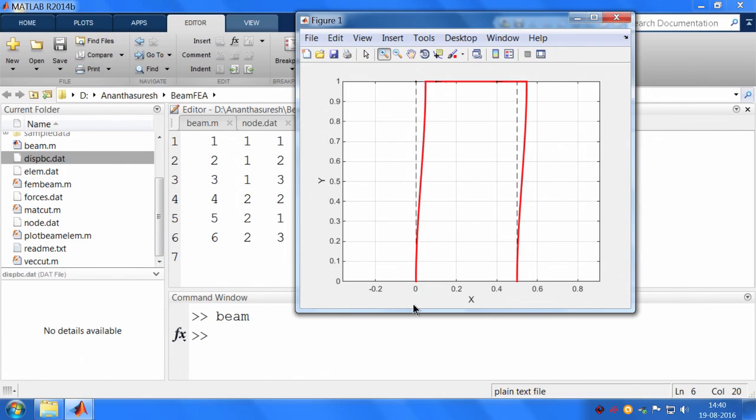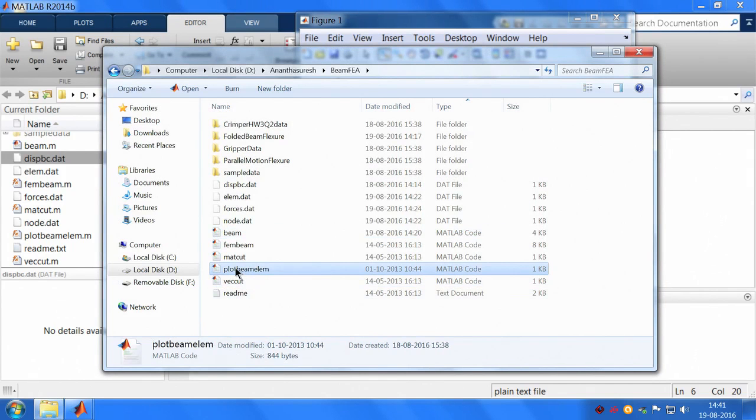I have a single beam element. So, in finite element analysis the unknowns are only the degrees of freedom at the nodes. So, I know the xy displacement and rotation at this point, I know xy displacement rotation at that point, right. So, if I join this point to that point after displacing them according to their values that I compute using finite element code, I would have a straight line from here to there, whereas here we have a curved line like this. That is because if we go back to our file, there is something called plot beam lm script